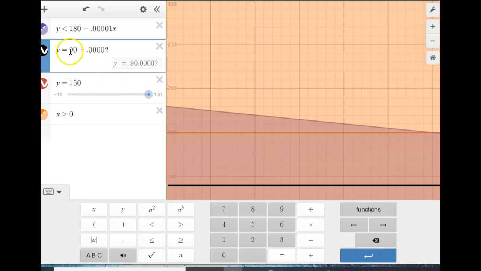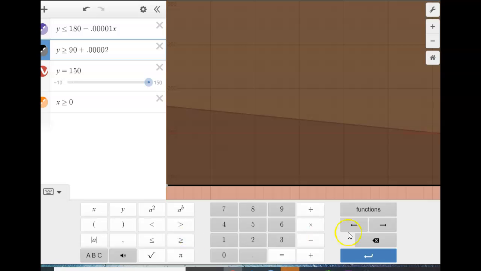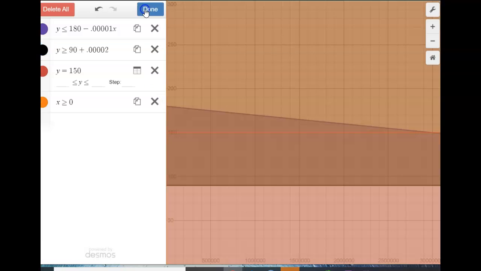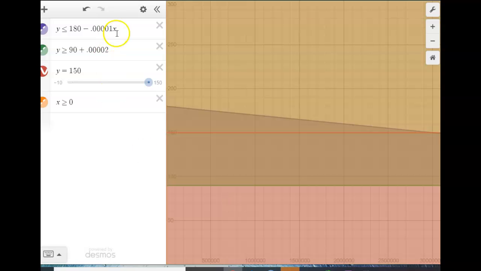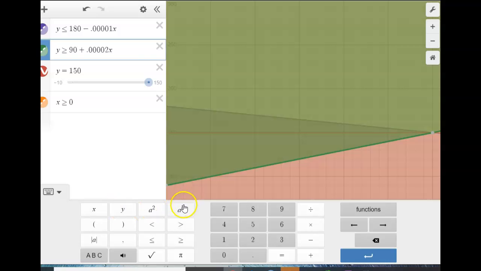Oh, what did I do? Greater than or equal. I'm going to change the color to something lighter. Let's see. Let's try green. Okay. Oh, something happened here. I deleted the X. There we go. Okay, so now we can see that better,